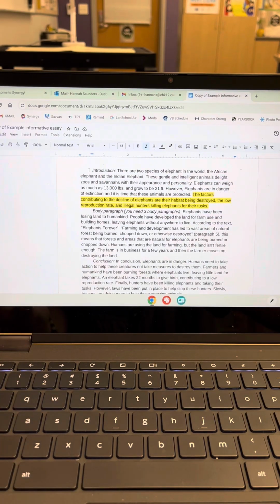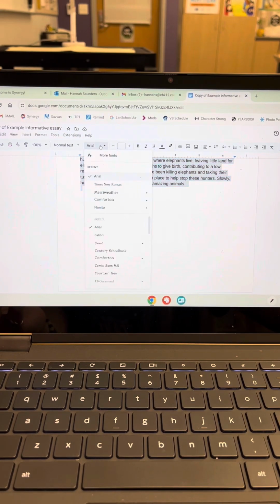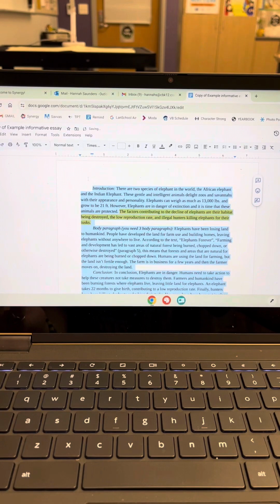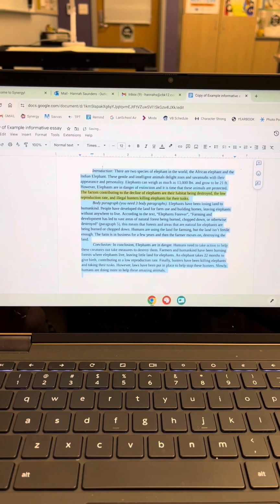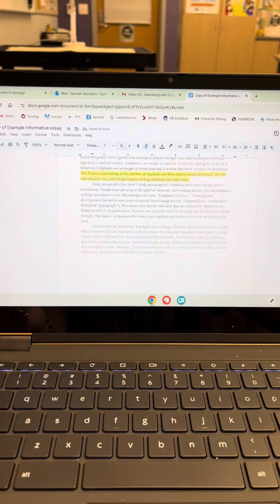Next thing, if you notice, most of you just start typing in a document. I want it not in Arial, so you'll highlight everything all the way down to the bottom, and you're gonna go to Times New Roman. Now this is the go-to for any typing, right? It should always look like this. And the size you'll choose would be 12. 12 Times New Roman, right? That is the go-to for every single essay you'll ever have.